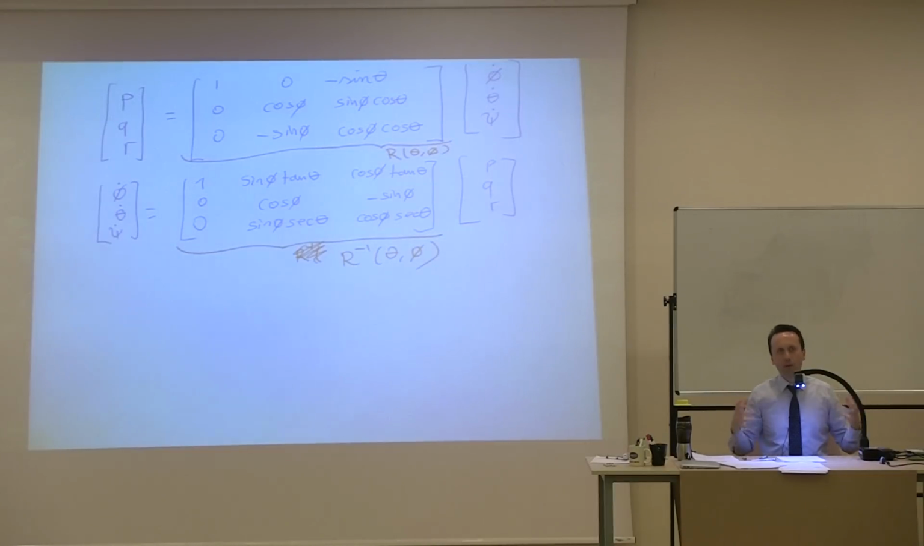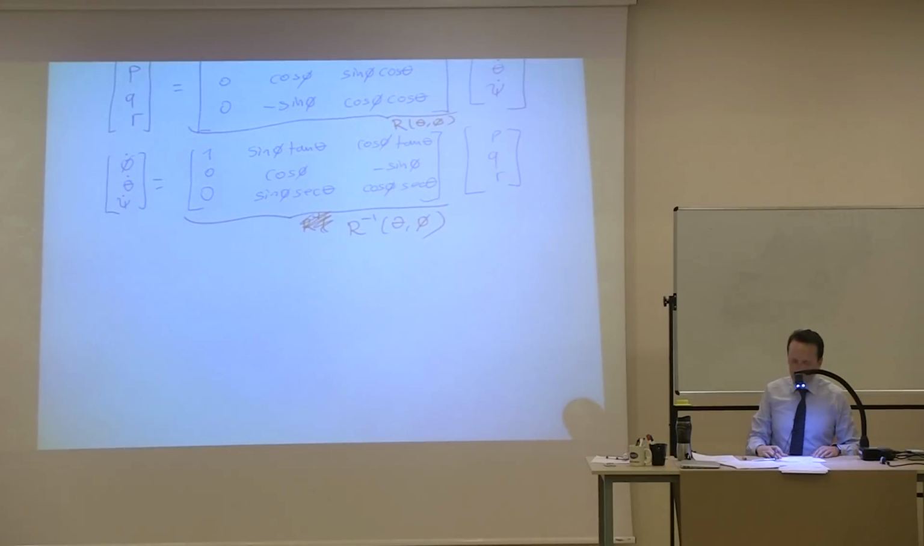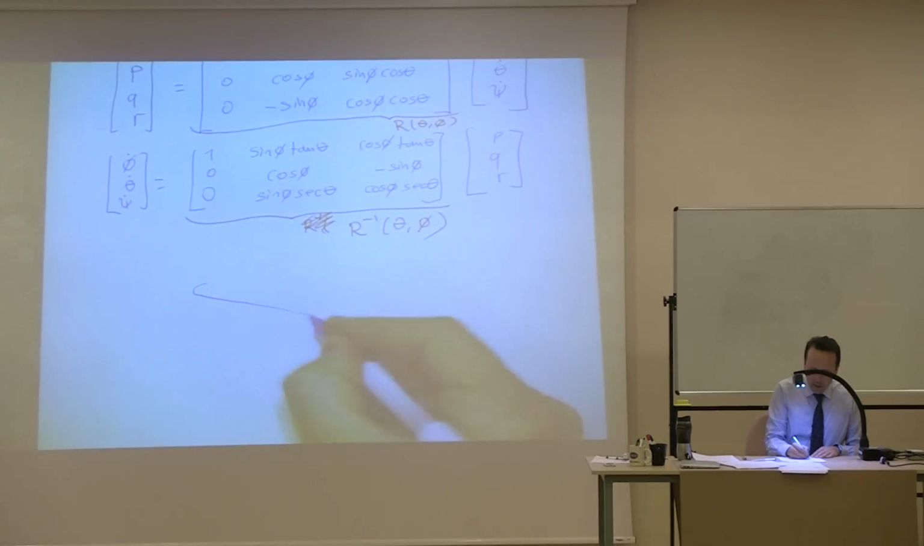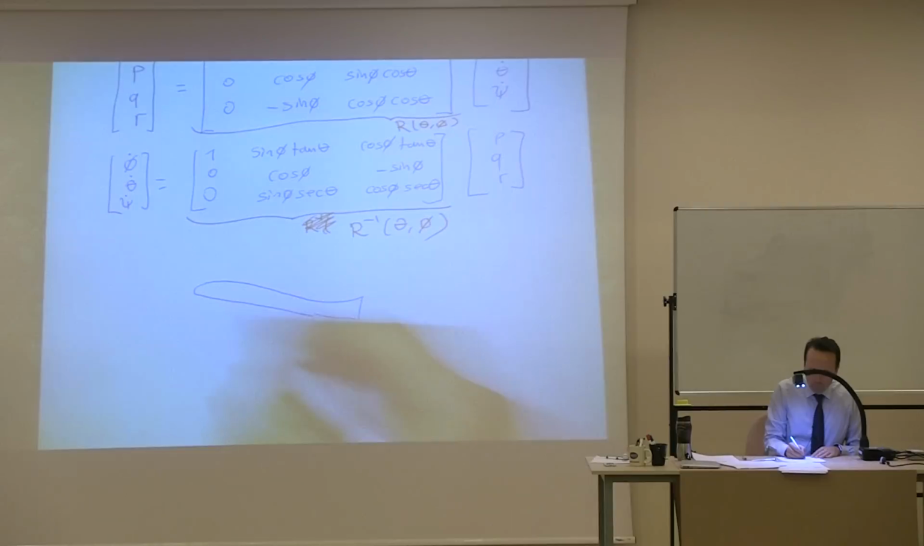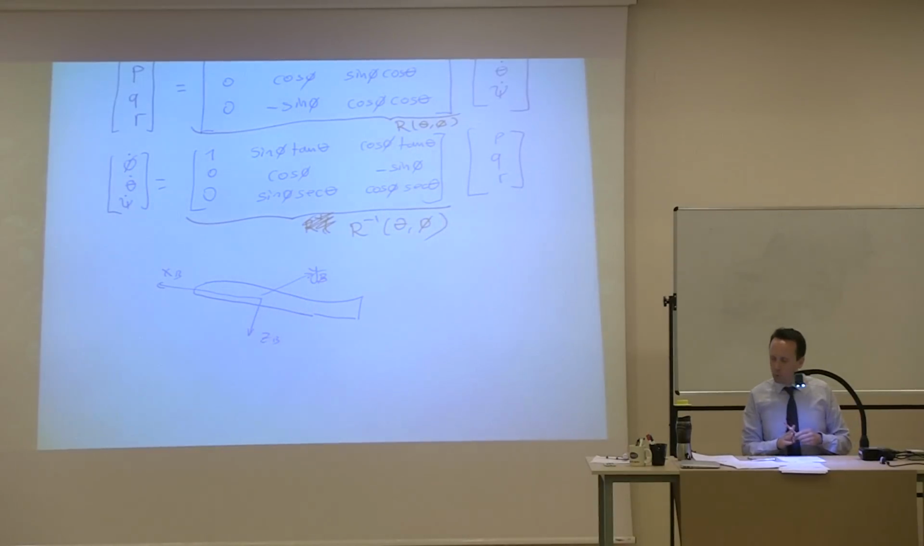So in most applications in airplanes, this is the relation that's used to calculate theta, phi, and psi, because measuring P, Q, and R is a little bit more straightforward. Let me explain why. If you have an airplane like this, and this is your body fixed coordinate system, x body, y body, and z body, okay? What we do is we use